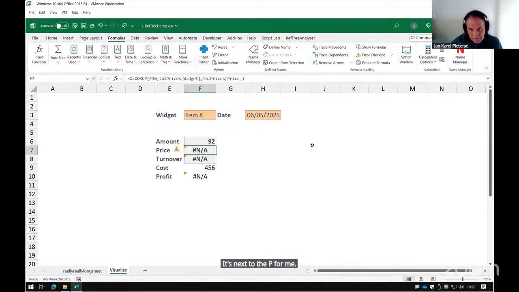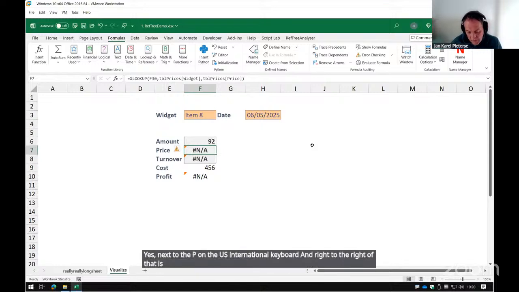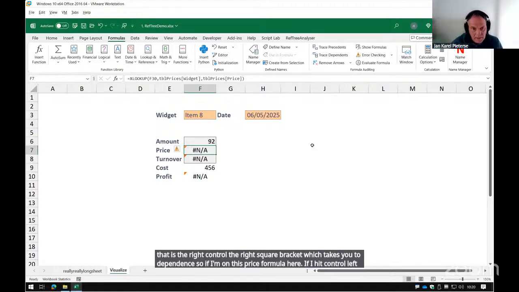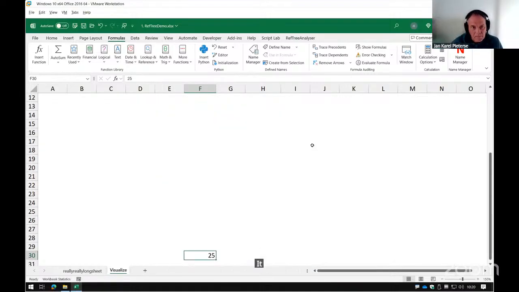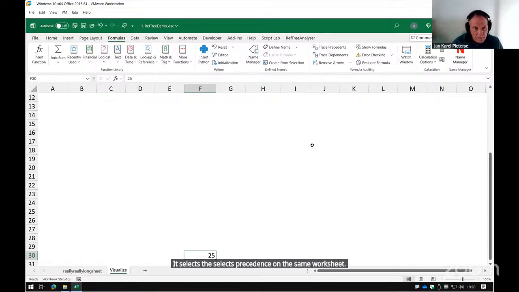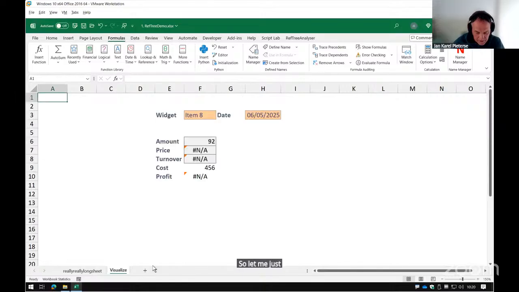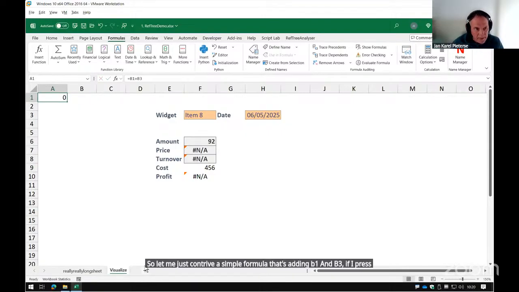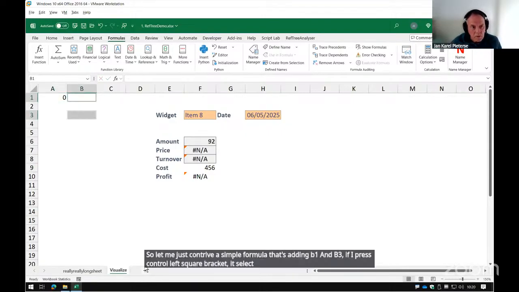And to the right of that is control right square bracket, which takes you to dependents. So if I'm on this price formula here and I hit control left square bracket, it selects the precedents on the same worksheet. Let me contrive a simple formula that's adding B1 and B3. If I press control left square bracket, it selects both of the precedents of this formula that are on the